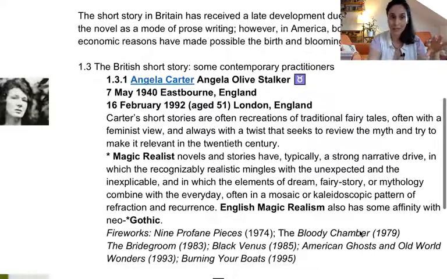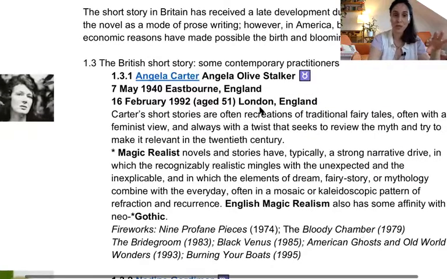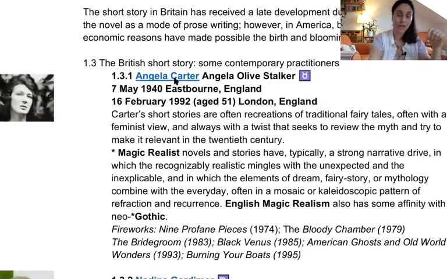Remember this face, please. And if you want more information, you can also click in my PDFs. You have the link that goes directly to Wikipedia, and then you can read more things about her and her